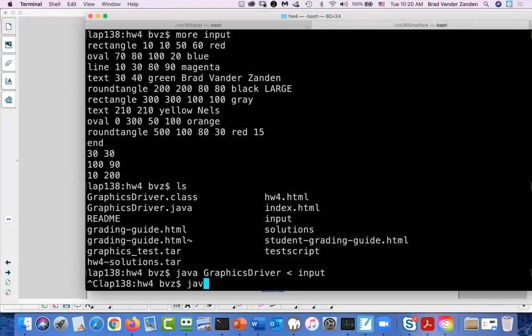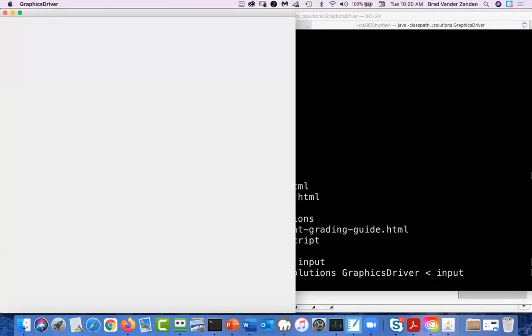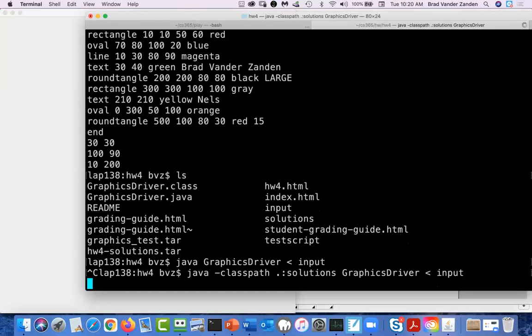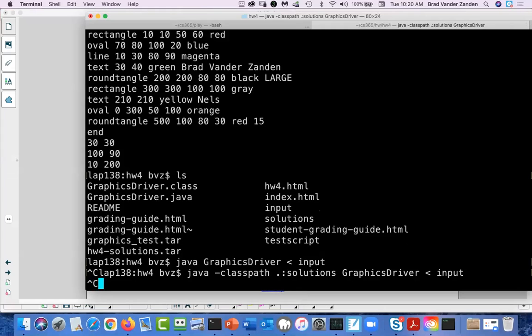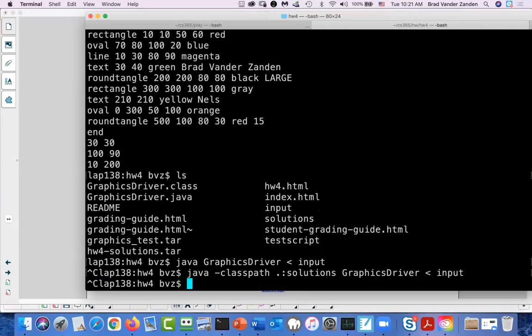class directory. So what I'm going to do now is say java classpath dot solutions, because that's where the graphics package is located. It's still not working. Okay. I need to fix that. I will take a look at what's causing that trouble, but I'm not sure what's causing that issue. At any rate,